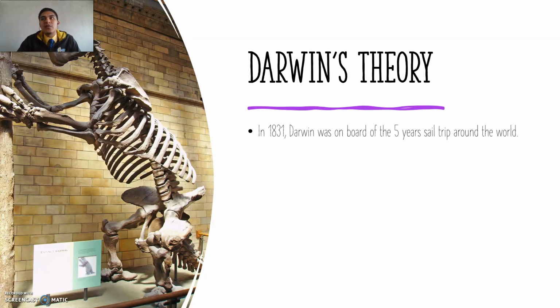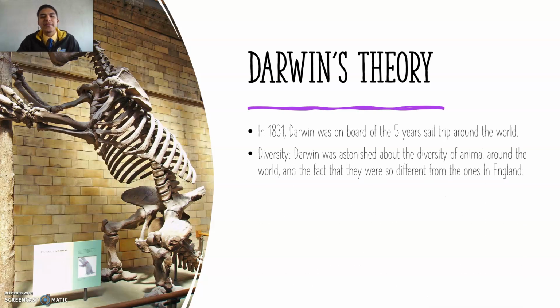So what's interesting about this theory was that Darwin went on a trip all around the world for 5 years, and he was observing many different species from around. He noticed some similarities, some differences around the species, and that's the way he started developing all of his theory. And he noticed something very important: diversity. Darwin was astonished about the diversity of animals around the world, and the fact that they were so different from